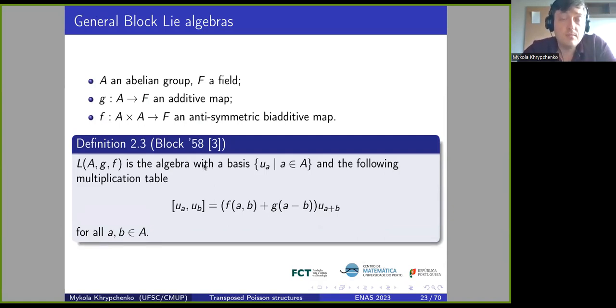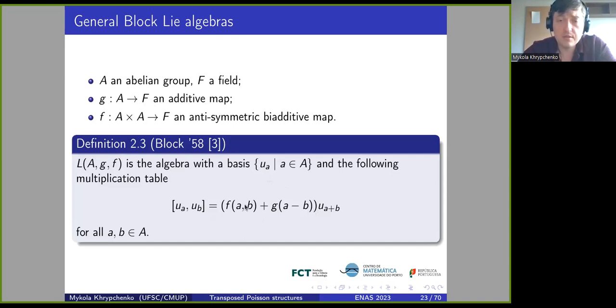As I said, this class of Lie algebras B of Q is a particular case of more general block Lie algebras. These were defined in the paper by Richard Block in '58. So we have an abelian group, a field, and two maps. One of them on A is additive, another one of two parameters is additive and antisymmetric. And we consider an algebra whose basis elements are indexed by the group elements, and define this product,